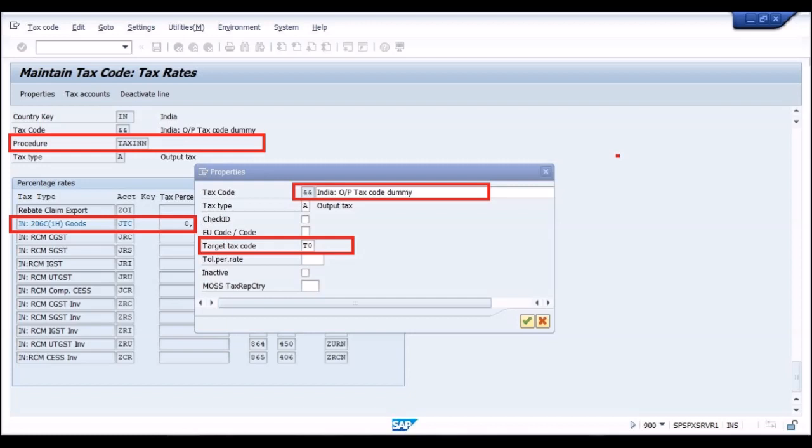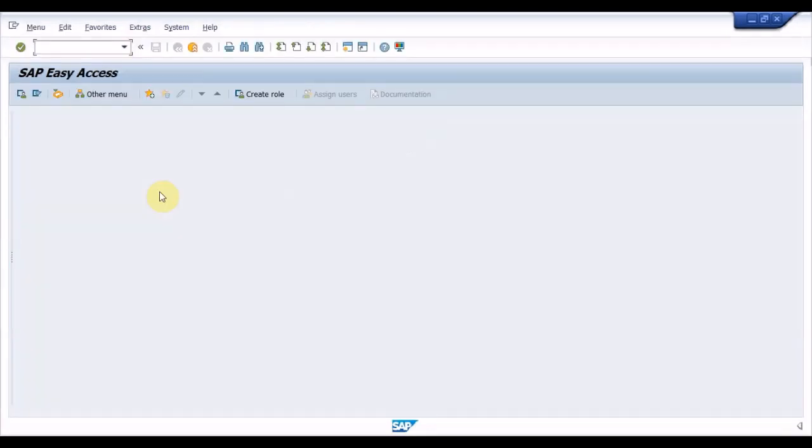Example, your deferred tax code is created for the TCS rate 0.0%. You need to create a regular tax code for the same percentage and assign the deferred tax code in properties under the tax code. You need to keep in mind that the TCS condition types and the access sequences need to be created and adjusted in the tax procedure in the transaction OBYZ. Usually this activity will be performed by FI consultant.